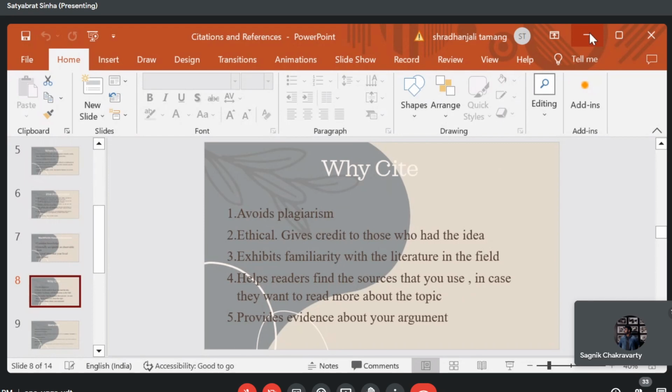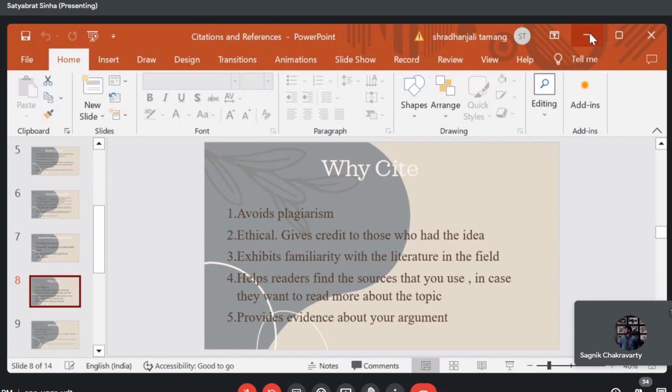Three, and this is really important, and you'd understand why wider reading is really important in academic writing: when you cite people, it also exhibits familiarity with the literature in your field. So, this is a point. Often you feel that this idea is yours,